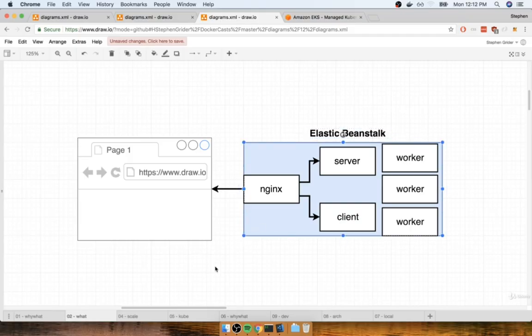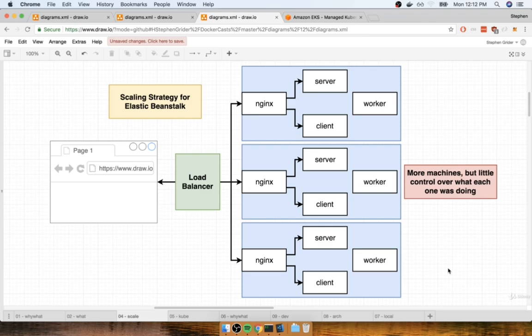You see, in order to scale an application by default with Elastic Beanstalk, here's what actually happens behind the scenes. So this is the typical scaling strategy for Elastic Beanstalk. Rather than creating more copies of a single container, Elastic Beanstalk looks at that